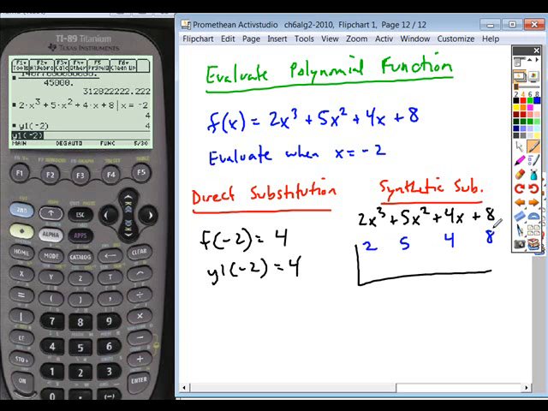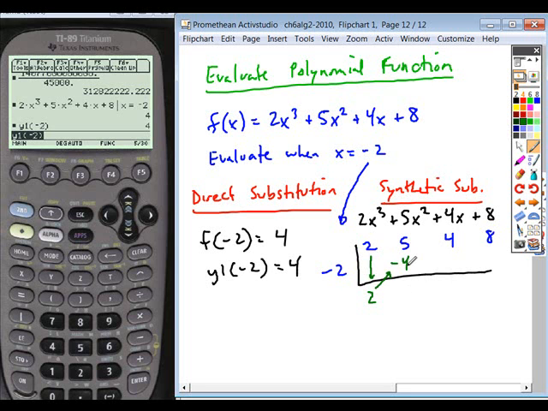Okay. And then what you're going to do is you're going to take the value that you are plugging in. So we're going to take our -2, and you're going to do the following calculations. Each column you're going to drop straight down and combine any terms that exist there. So 2 is just going to drop down. And then diagonally you're going to multiply that by whatever the number is out front. So what is 2 times this -2? You're going to write that in the next column and then